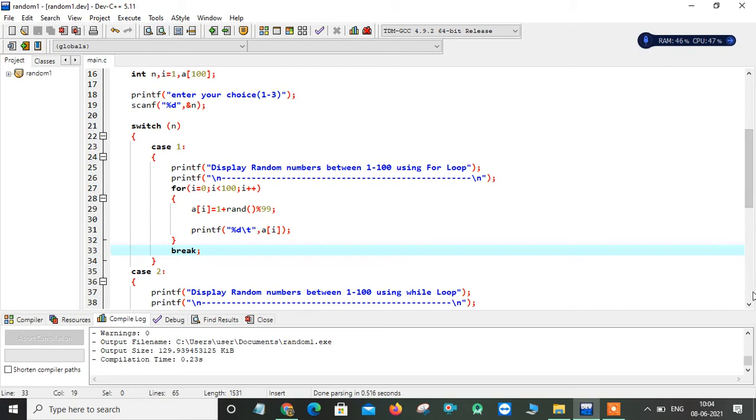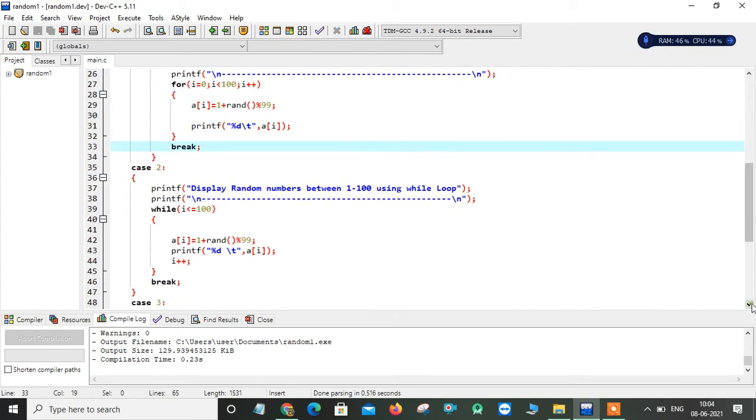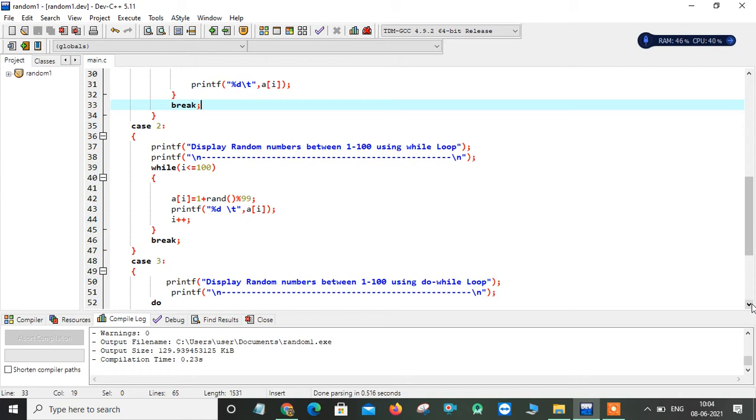Okay. So now in case 2, I'm trying to implement the same logic by using a while loop. A while loop expects a value which has to be initialized before you give the condition. Because of that, at the beginning of my declaration part, I initialize my i value with 1. Because i is initialized with 1, in order to take 100 random numbers, I need to run my loop for i less than or equal to 100. So that's my condition. If you take i as 0 at that position, then you can simply give i less than 100. So from 0 to 99, it will generate 100 random numbers in 100 iterations.